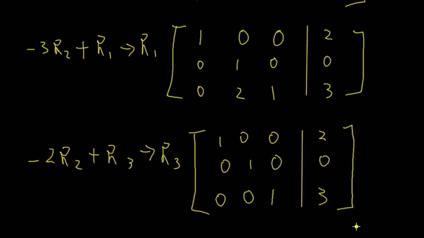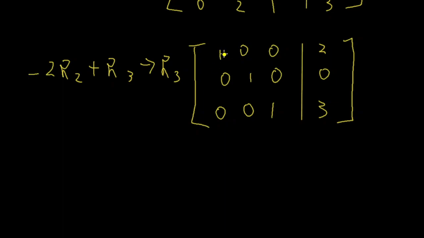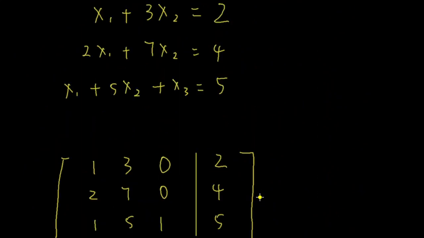Okay. Are we done? Yes, we're done. We have 1 here, and 1 here diagonally, right? And everything else is 0, and we have a value here. So we're done. What does that mean? Well, this one is x1, x2, and x3, right? And we have the result here. x1 is equal to 2 here. That's the value, right? x2 is equal to 0. x3 is equal to, what? This is x3, right? That is 3. Okay, so that's the answer. x1 is 2, x2 is 0, x3 is 3. That's the solution to the system of equations here.